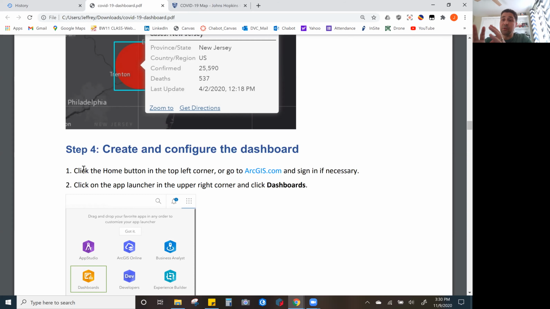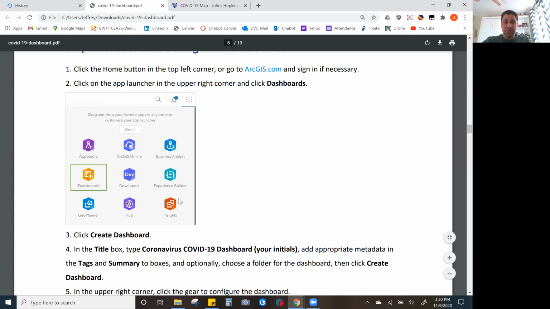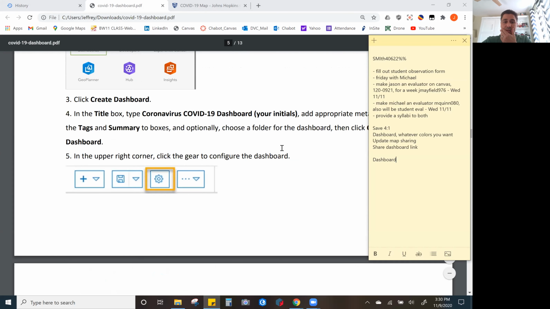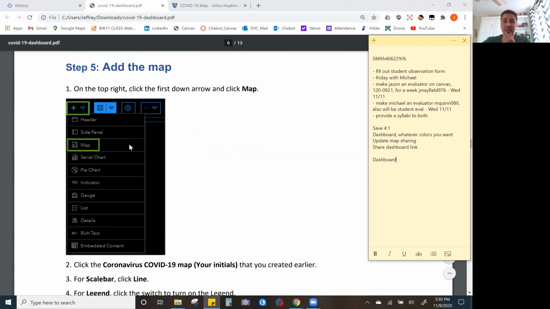You're moving on, you're moving away from the map. First you design the map, then you're moving away from that and working into developing the dashboard. Okay, so I want to make sure you save that data. Okay, you get into the dashboard, which is here. Now when you get into your dashboard, it's going to have you guys,